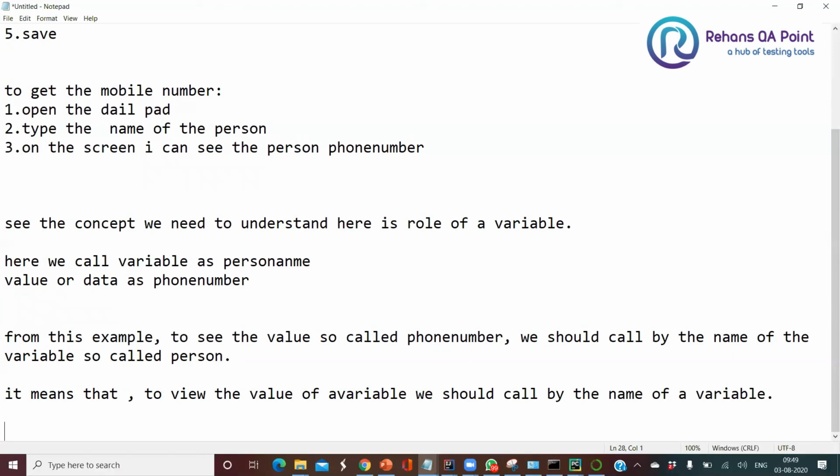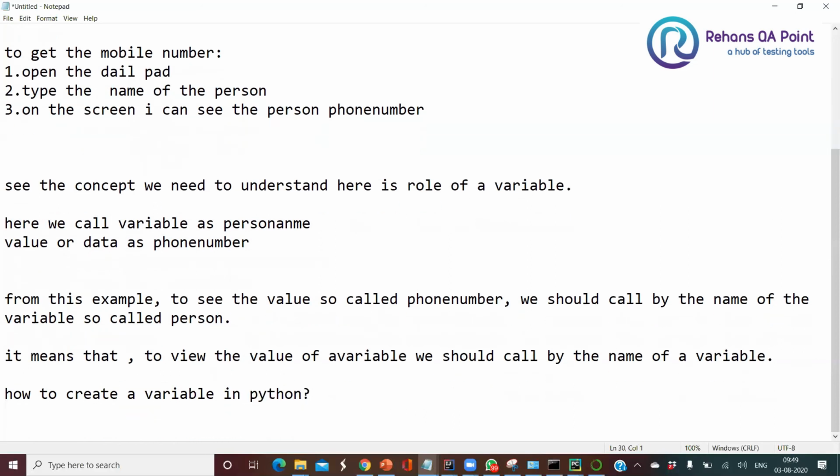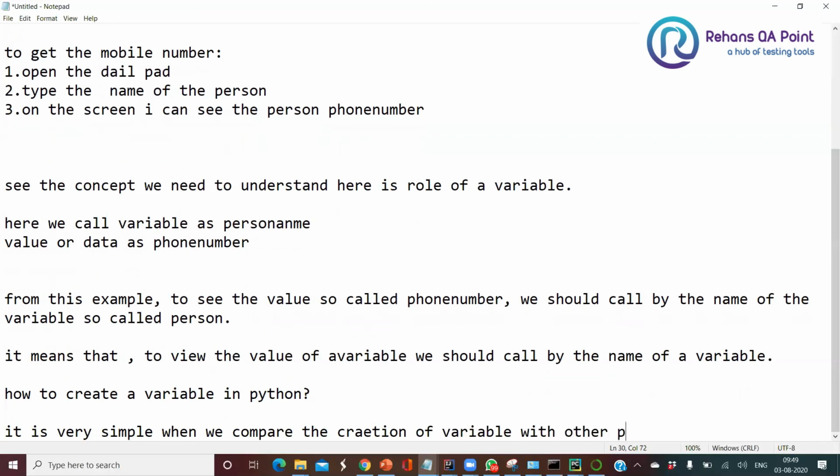So now, how to create a variable in Python? It is very simple. When we compare the creation of a variable with other programming languages, it's a very simple case.